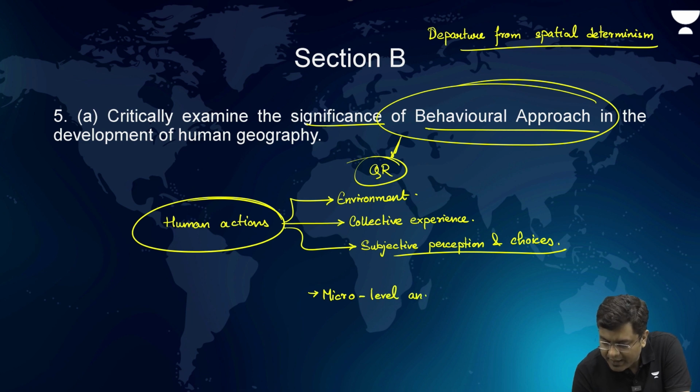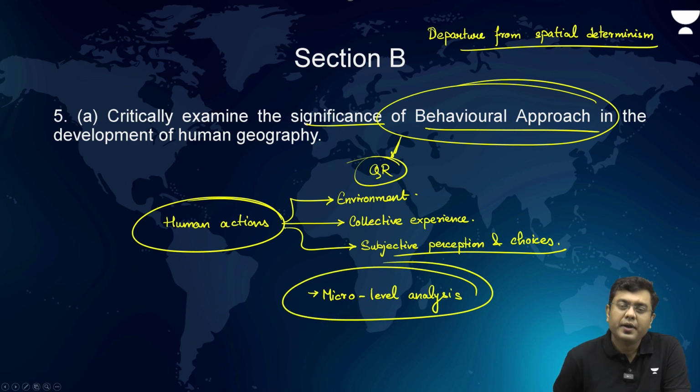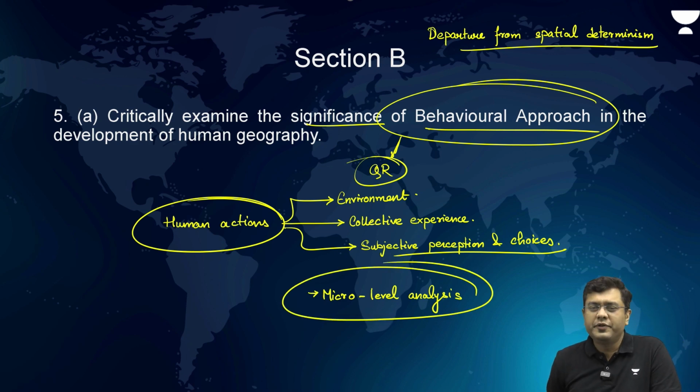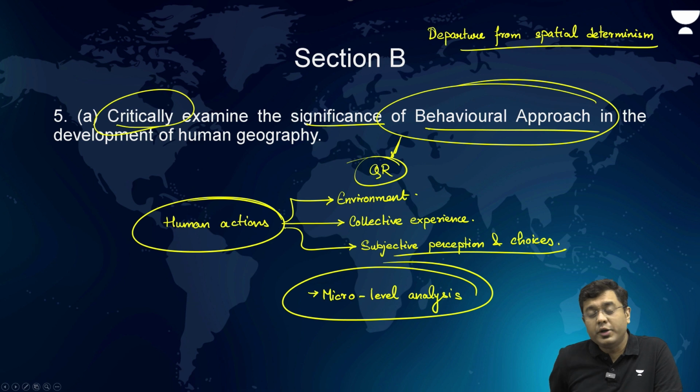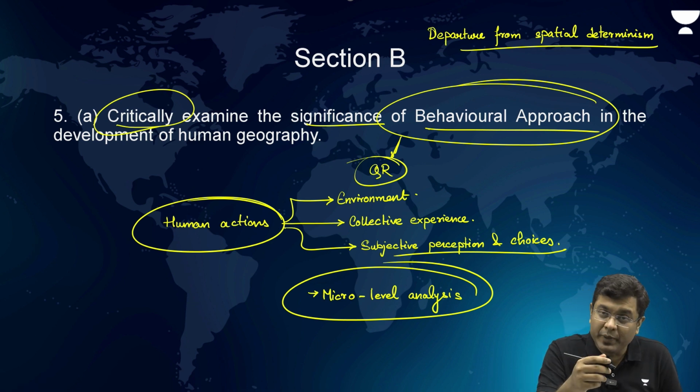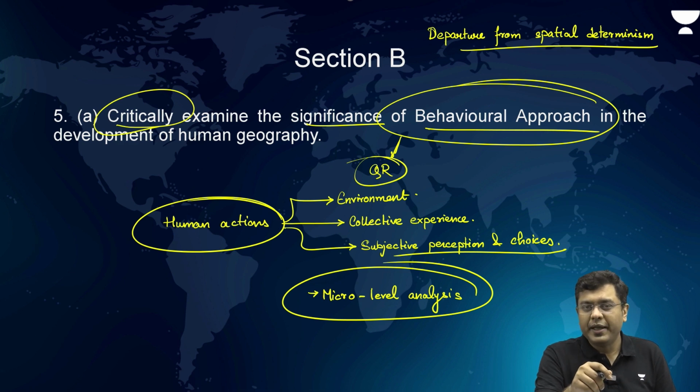Level analysis was arrived at, right? So these are some of the contributions. Negative, because it is critically examined, you have to mention both positive and negative. So while this helped understand human geography to a greater level, the negative or the criticism that can be associated